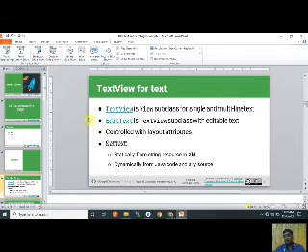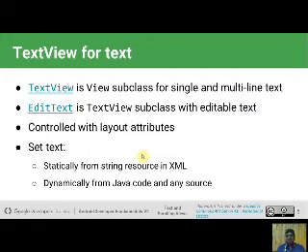Now next is what the attributes are to handle the text view and edit text. Now I want to set some text into the text view and edit text, so that is the property set text. It is performed statically and dynamically.